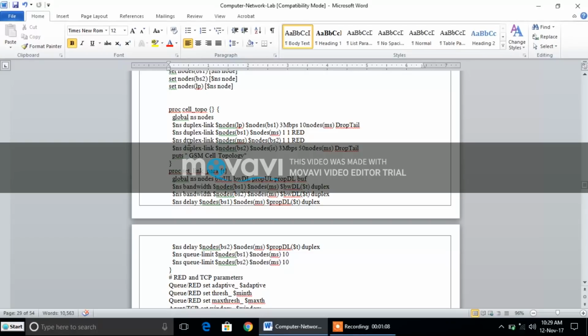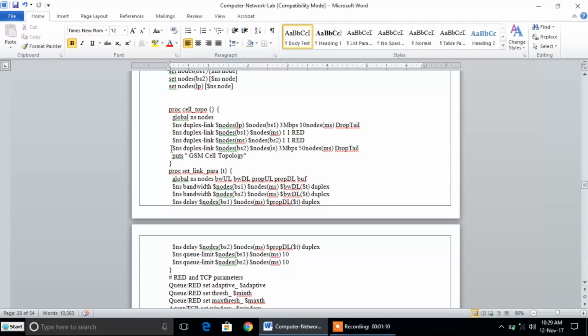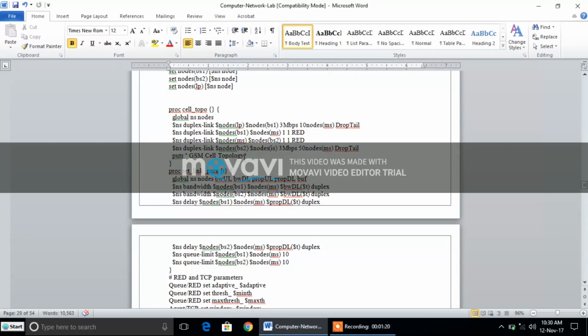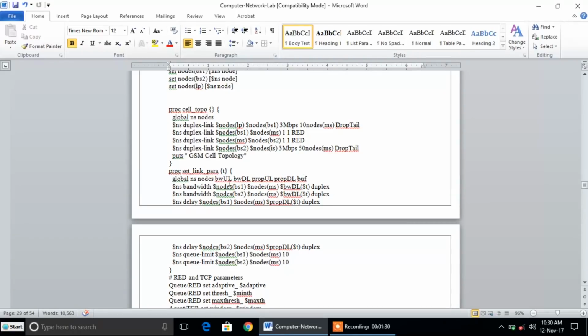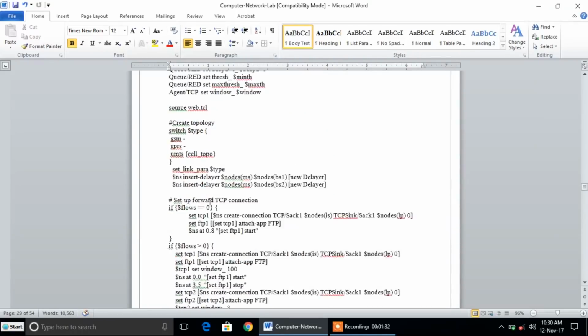And in the same way we have taken all the simulation steps for link setup and constructing the cell topology. I'm going to call the topology as GSM cell topology. As it is a puts statement, it will print as we have embedded with the help of double quotes. Once the cell topology has been constructed, the link parameters have to be set up by taking all the variable names. Why? Because here